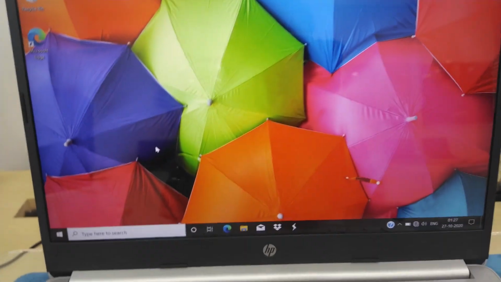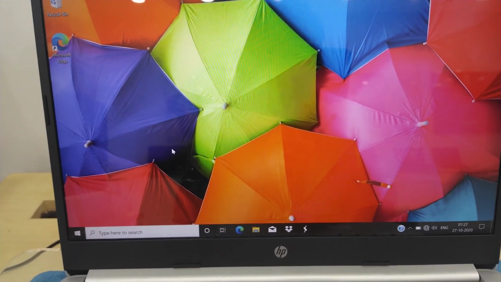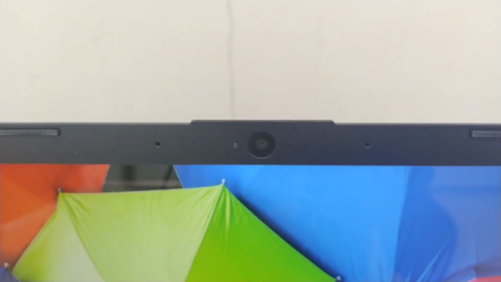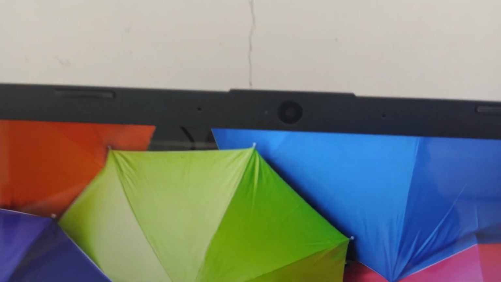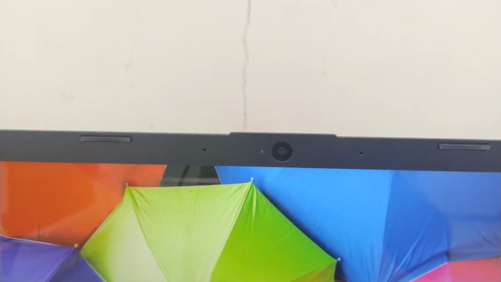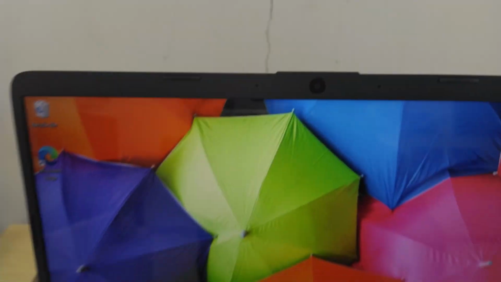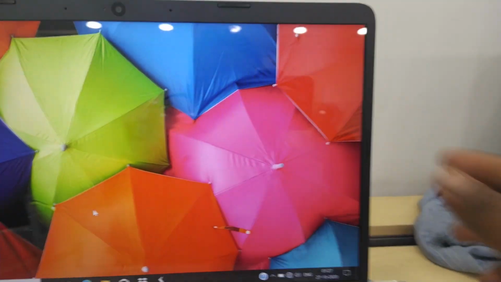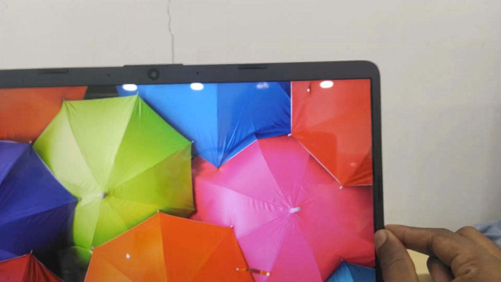And you can see the HP logo written over there at the bottom, and you have an HD webcam along with two built-in microphones and a camera indicator too. And this is very thin, very thin guys.